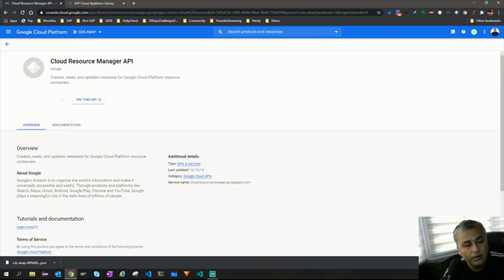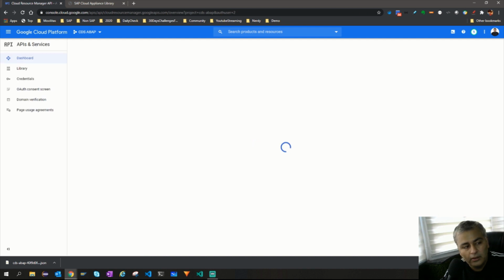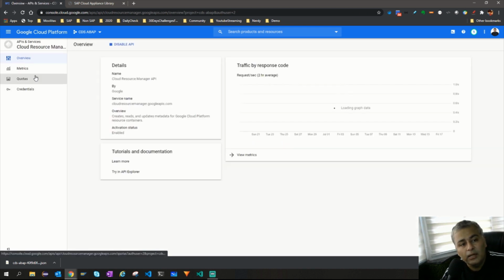So you say enable. Once this is enabled, then I will enable another one. This is to access the resources. Resources are nothing but those virtual machines, Kubernetes and all. Then we will enable another one, which is Compute Engine.